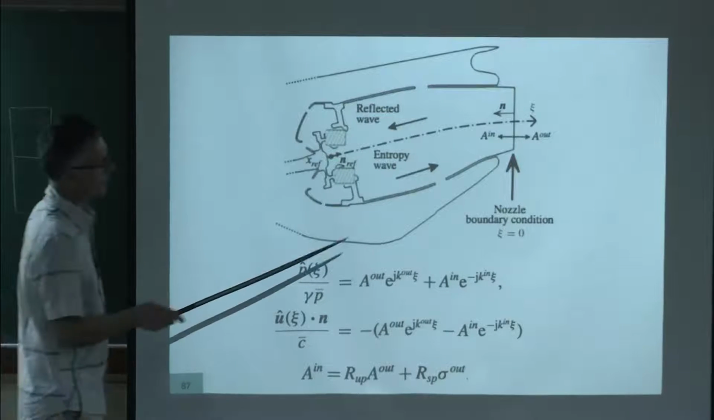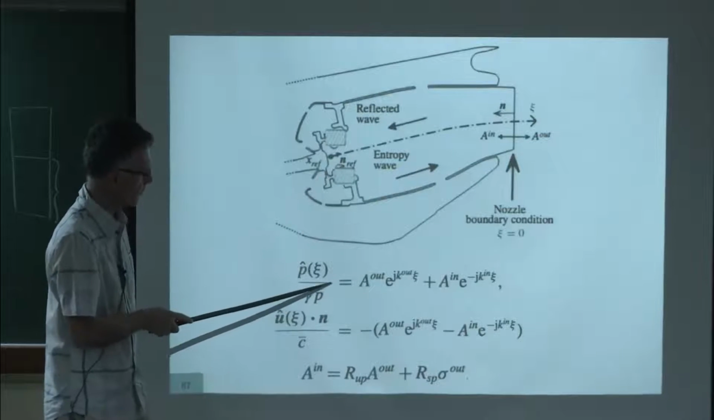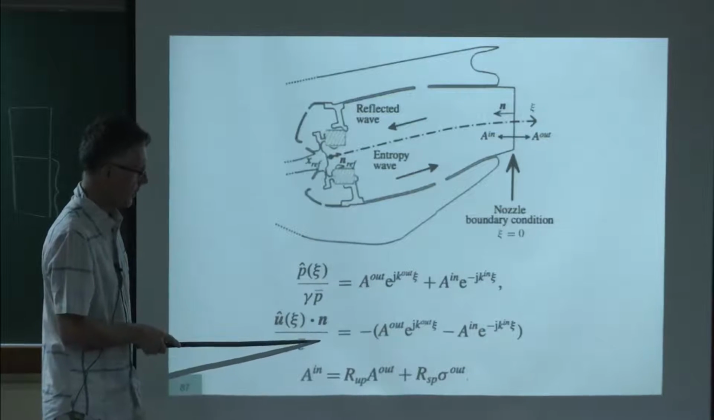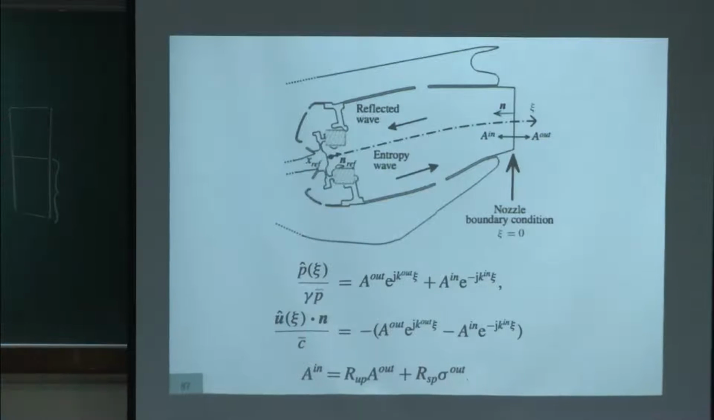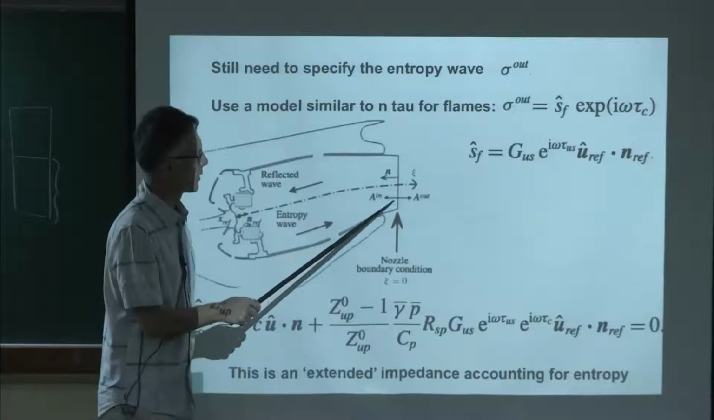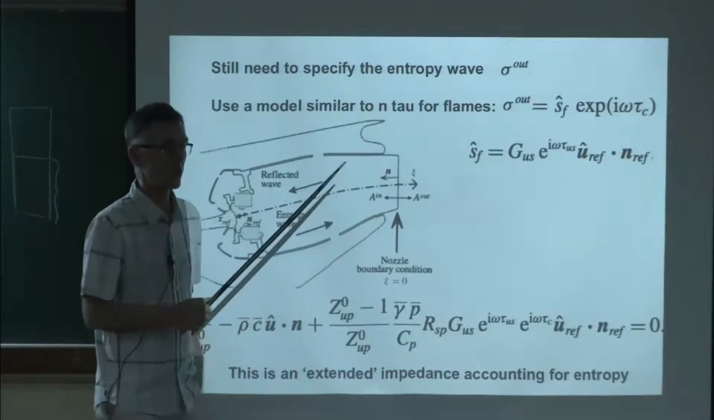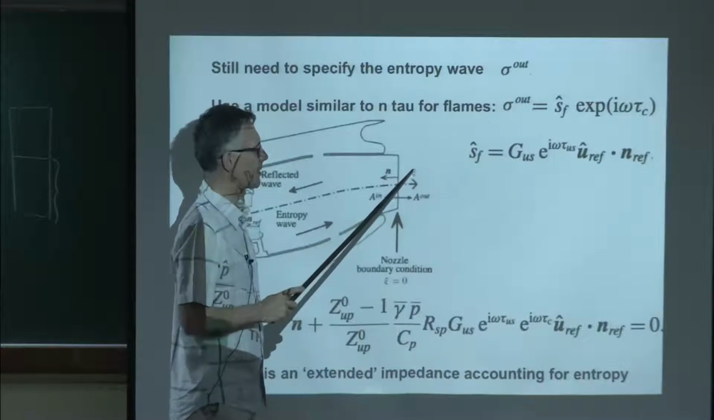Once you know that, you can write the 1D equations here from here to there for acoustic waves, so it's pressure and velocity. You know the boundary condition here. There's only one thing you still don't know. You need to know the amplitude of the entropy wave which reaches this boundary. This is where you need a model. The way we do it, we say that entropy wave which reaches the outlet is the